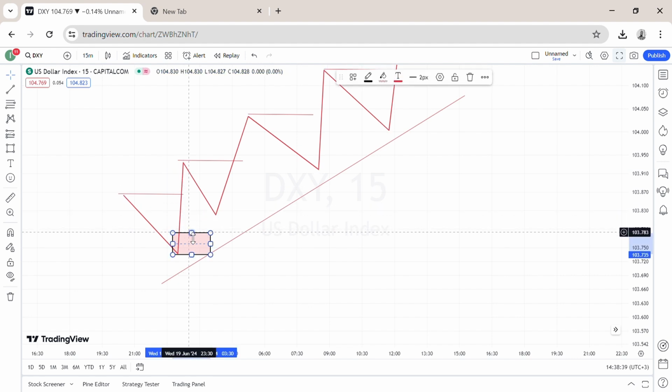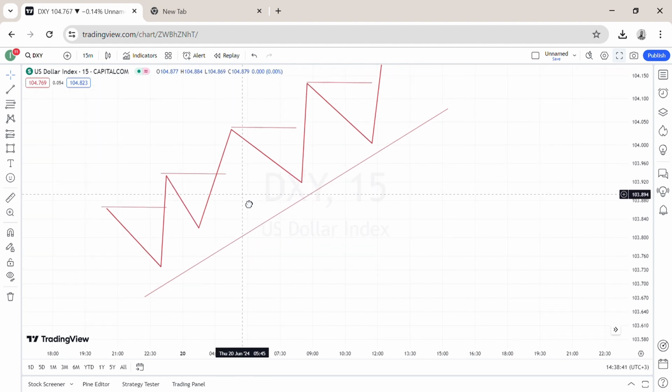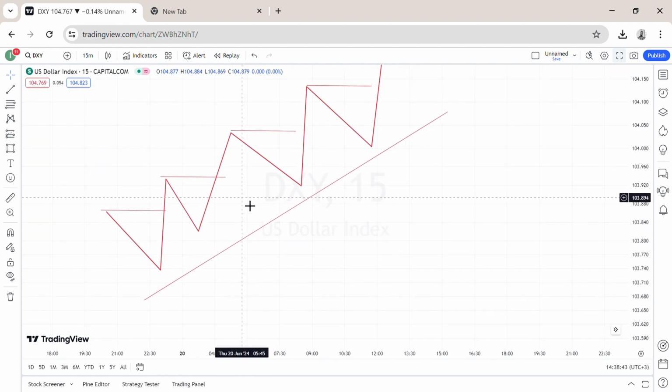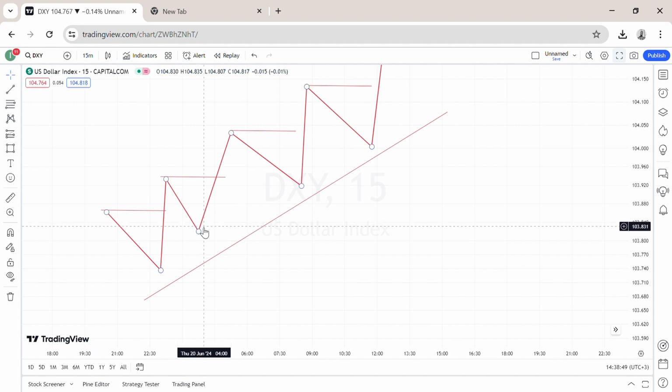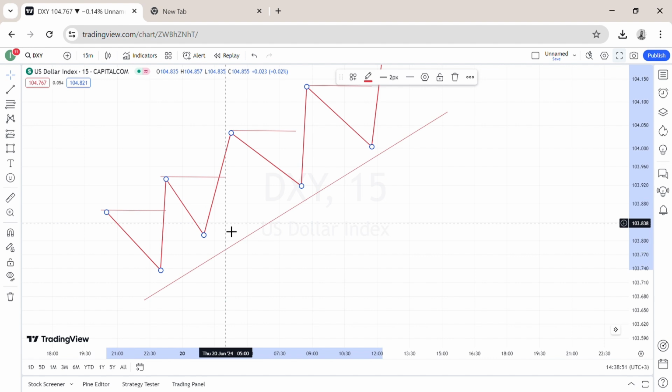And that is exactly where I bring in the idea of premium and discount. Did you get that? The idea of premium and discount, okay. Now,